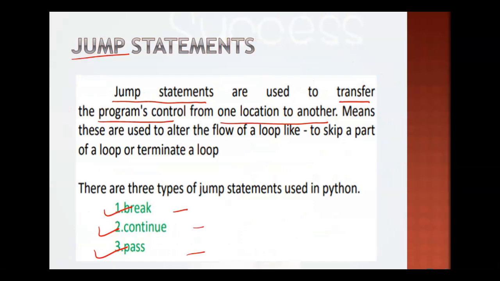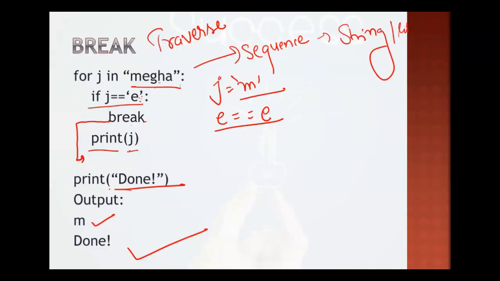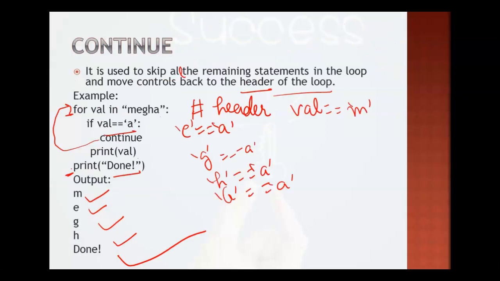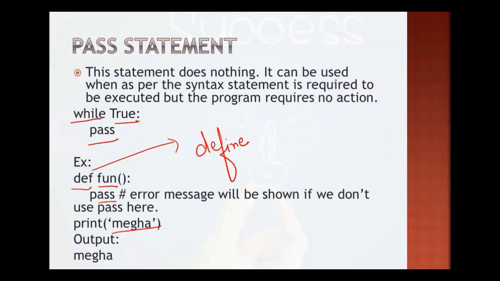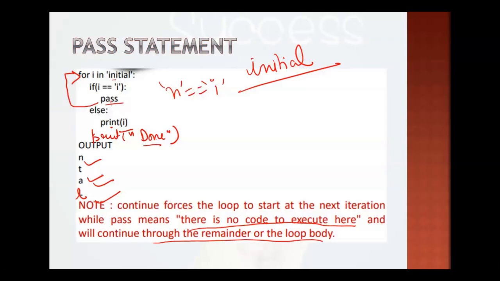Then we started with the jump statement. We covered that a jump statement is used to jump from one location of a program to another location of a program. There are three types of jump statements: break, continue, and pass. The break statement is used to break, which means it will take you out from the loop body. Continue will skip the remaining part of the body and start executing it for the next iteration. And when you go for pass, it will pass it from that particular block, and the rest of the things will work normally.